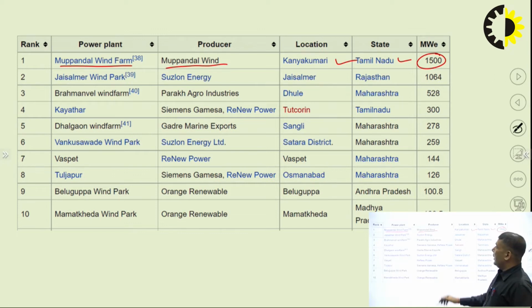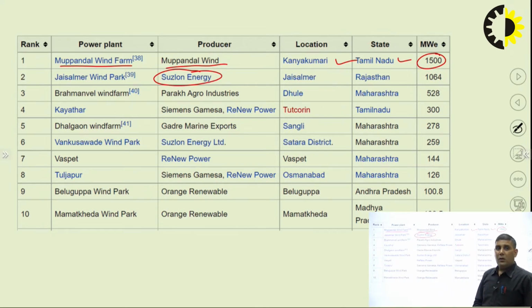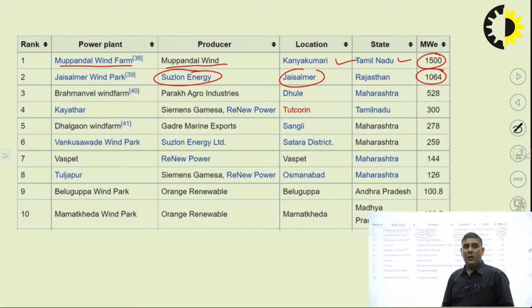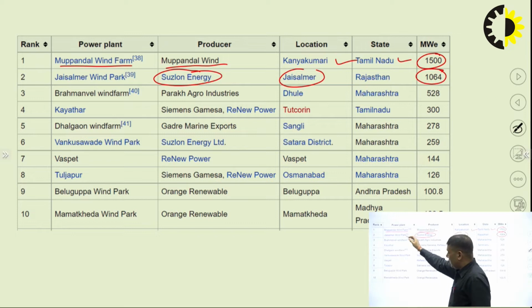Then we have Jaisalmer Wind Park. This is basically operated by Suzlon Energy, and the location is in Jaisalmer, Rajasthan, and the capacity is 1064 megawatts, and so on. You can see, these are the 10 sites. The last one, the 10th one, is